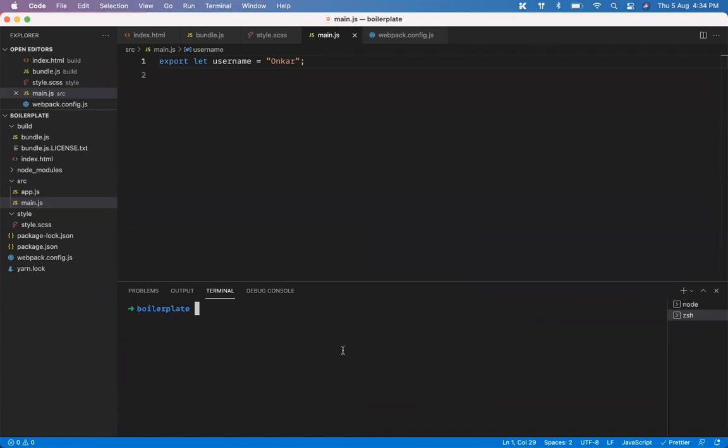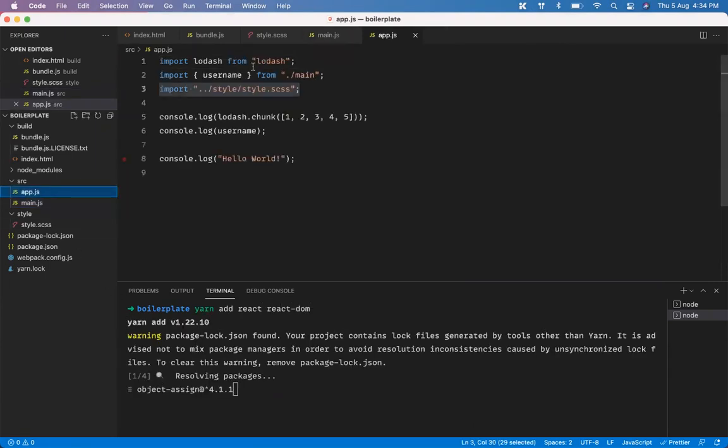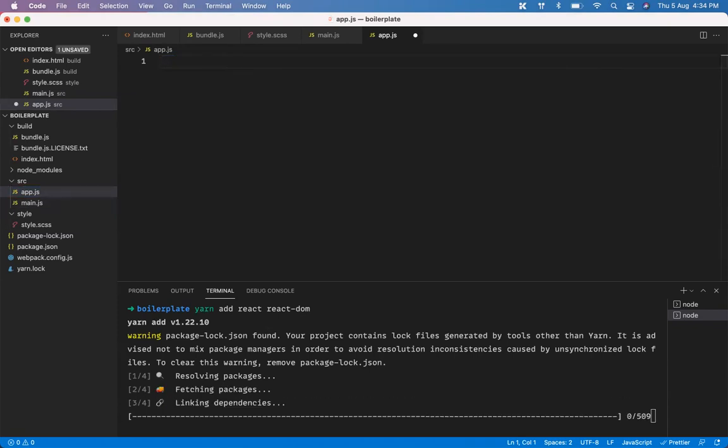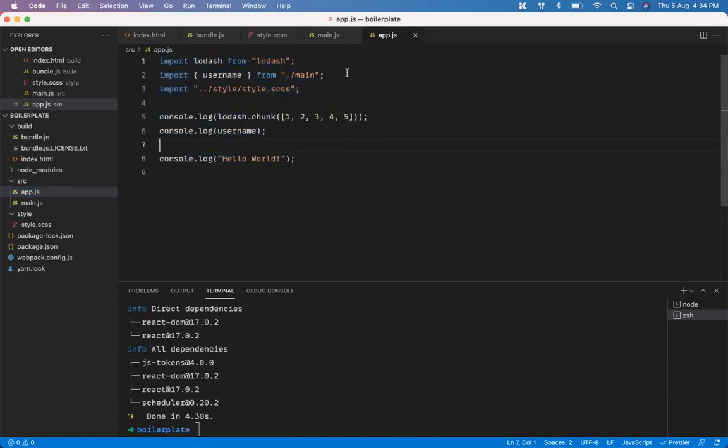So I'll keep this server running here, and I'll go on to start using React, because we are going to write our app in React. So how do we do that? The first thing is we need to add the packages React and React DOM. Now let's try to use a component here. All we need to do is return from here.